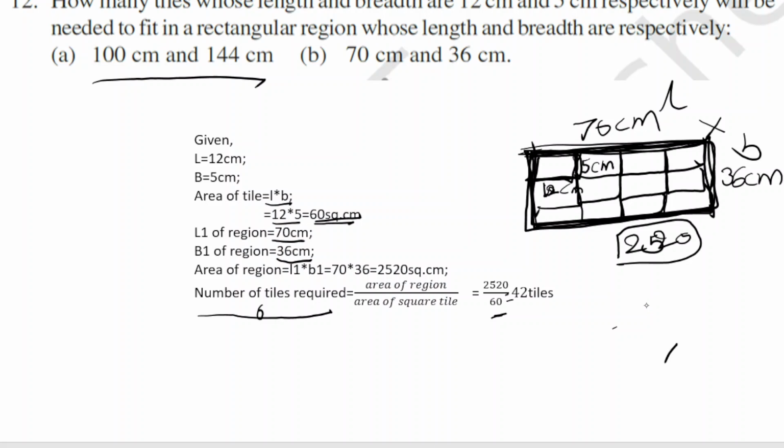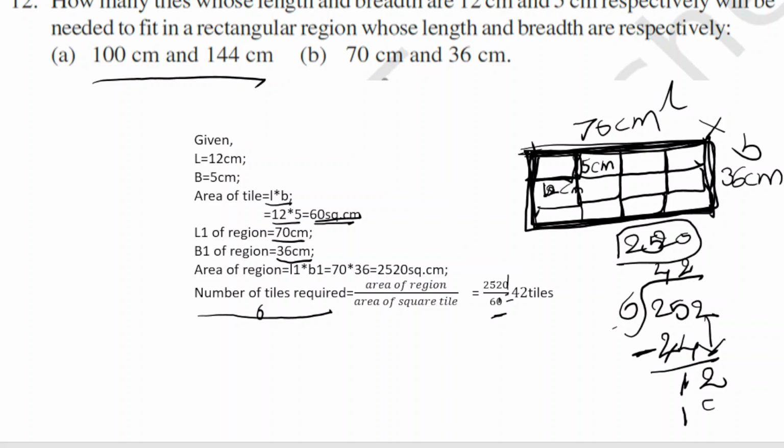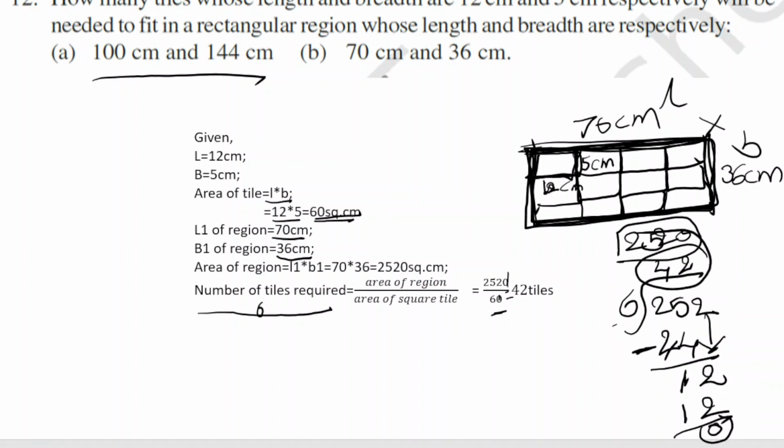So 252 divided by 6: 6 will go in 4 times, so this is 24, and 25 minus 24 is equal to 1, and this 2 will come down, that is 12, and 6 twos are 12. So the number of tiles required is equal to 42 tiles. And children,